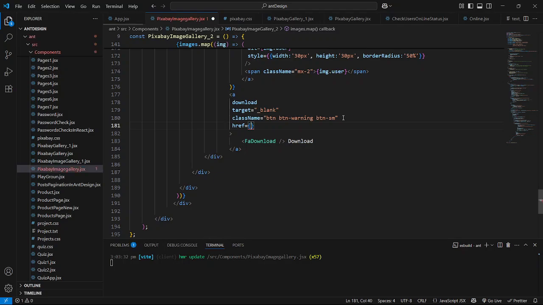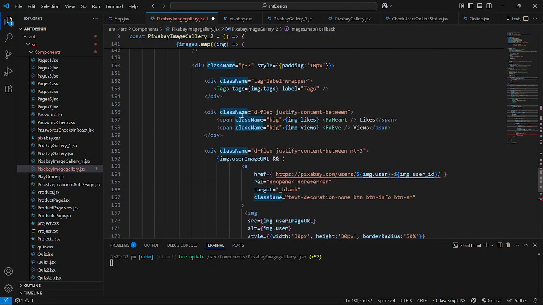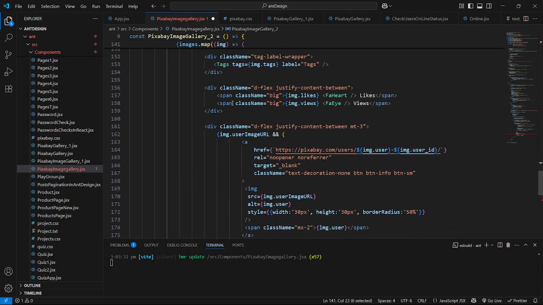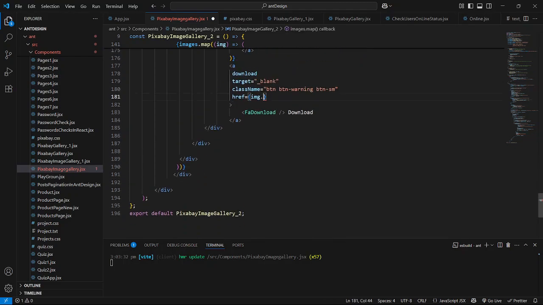I'll just say here img, this img guys. I showed you many times, I'm talking about this img property. This is the object, it is going to look through all the images, an array of objects. So I'll just say here img dot